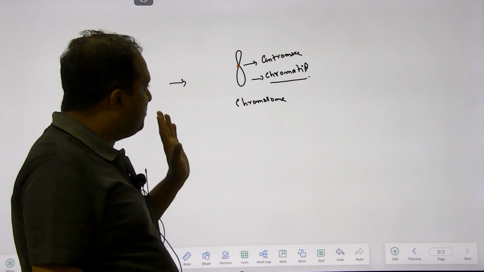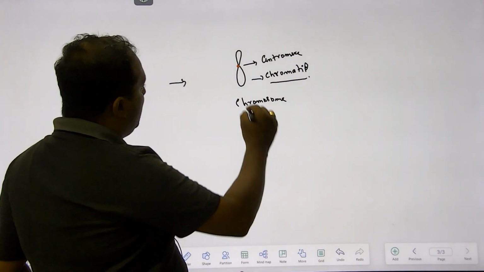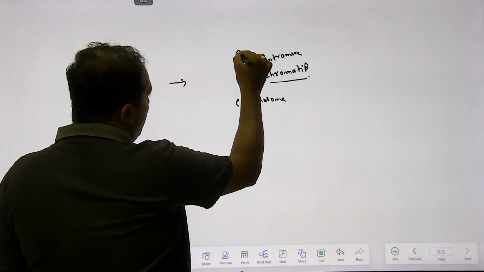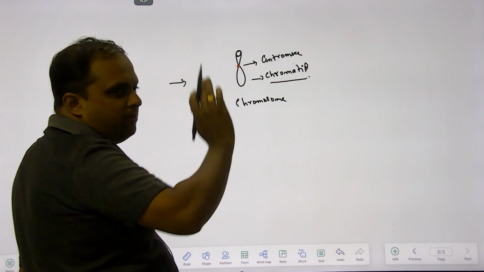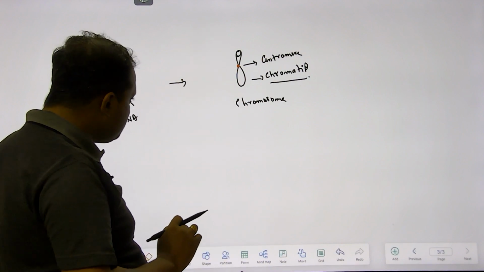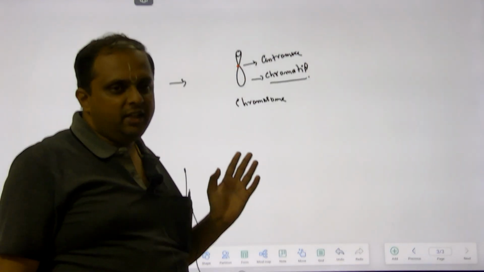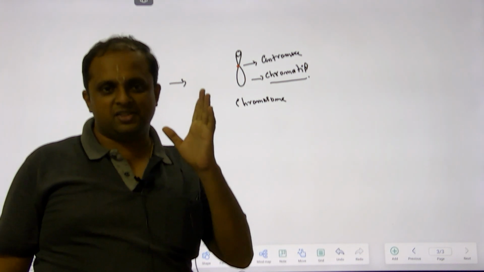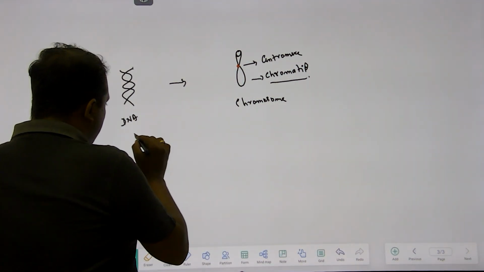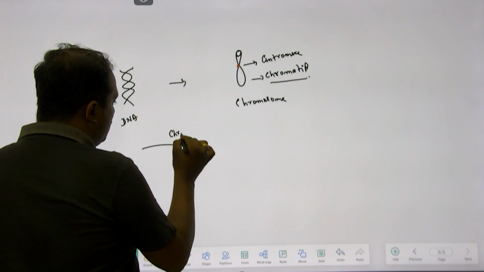So this is the centromere, and you have a primary constriction. Sometimes there can also be a secondary constriction somewhere here. All those things are part of this chromosome, right? Now, friends, this compaction of DNA into chromosome doesn't happen in a single step. What happens is, actually the DNA becomes a thread-like structure which is called chromatin,